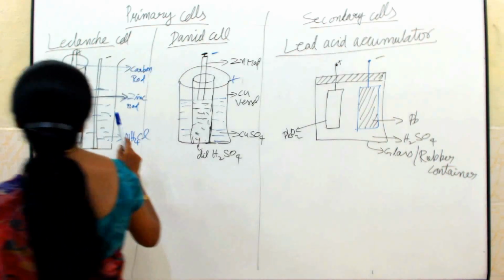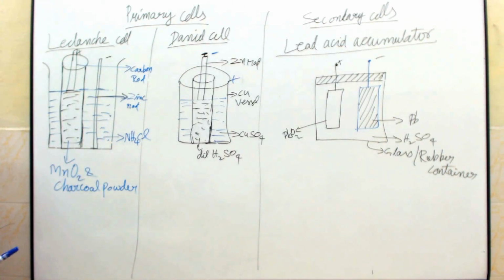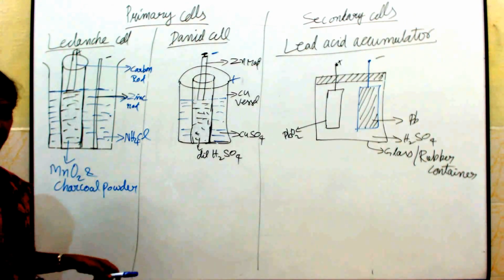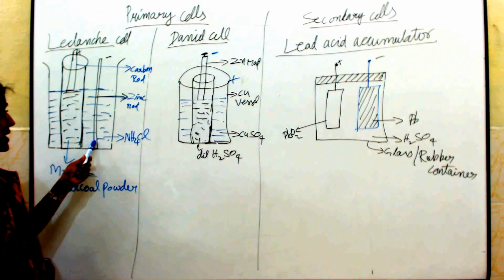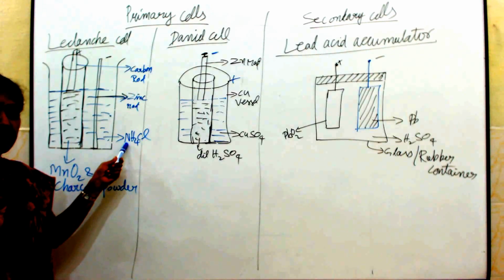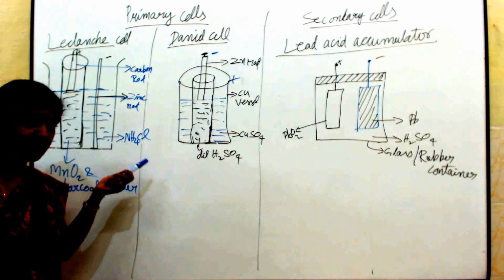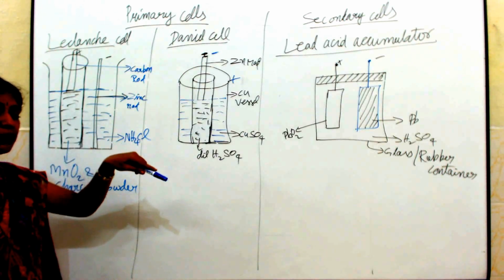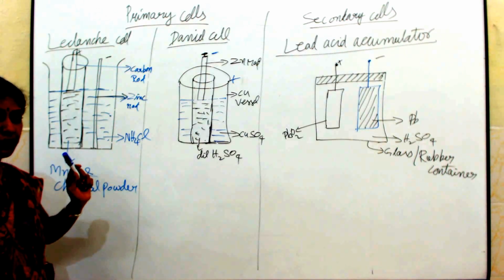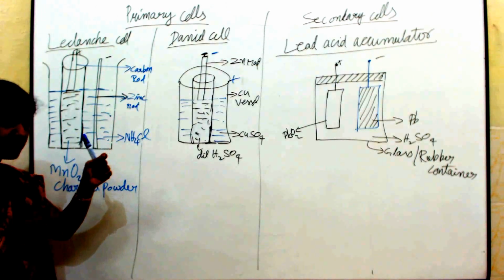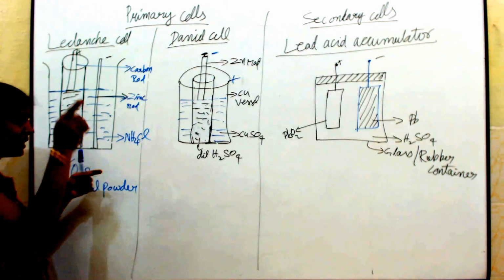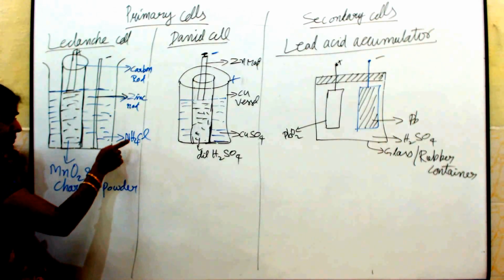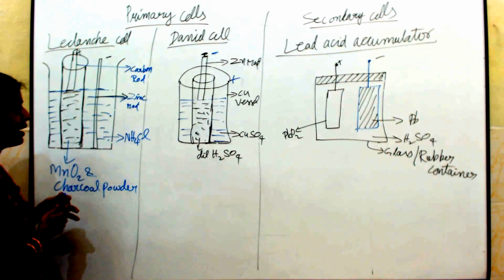First, to begin with, when the zinc rod is immersed in this ammonium chloride solution, due to oxidation reaction, zinc ions (Zn2+) and two electrons are produced. Those zinc ions will react with ammonium chloride. So what is the first point? Due to oxidation reaction at the zinc rod, that is at the negative electrode, zinc ions and electrons are produced. Those zinc ions pass through the electrolyte and they will react with the ammonium chloride, because this is the electrolyte.